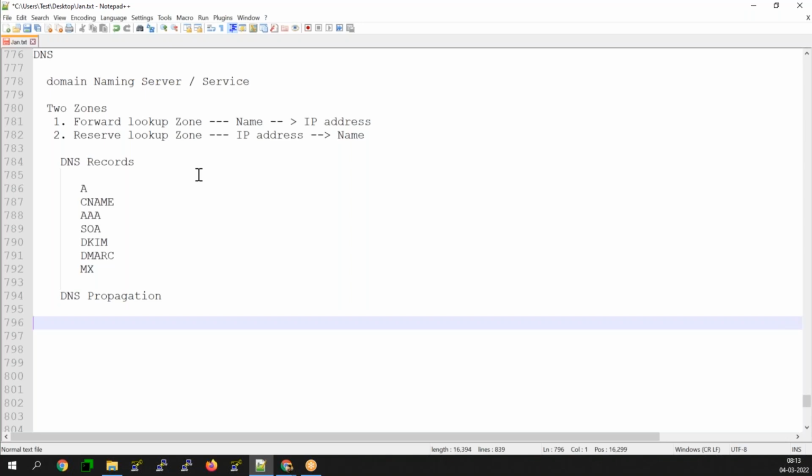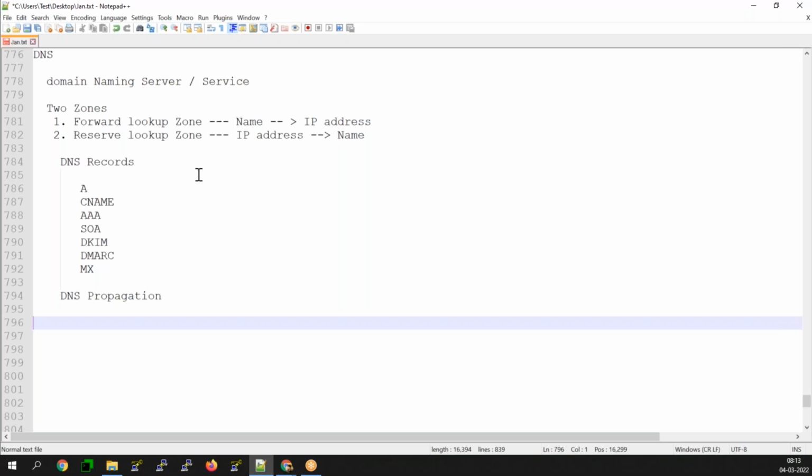What does it happen, Prabha? When you search for www.amazon.in, what is happening behind the scenes? It resolves to the IP address. Yes, it will resolve to the IP address.